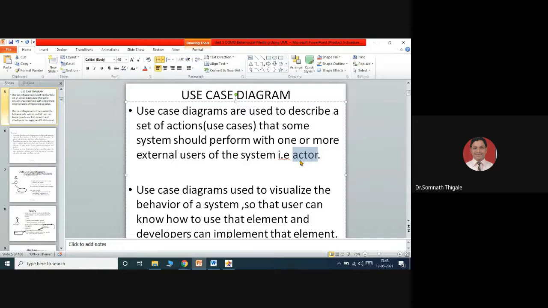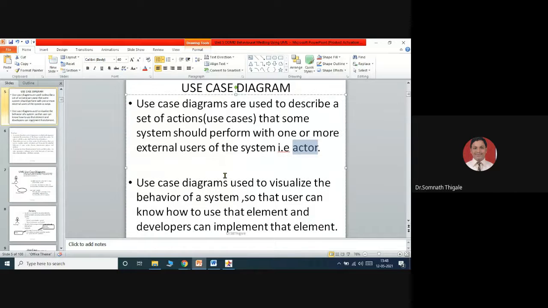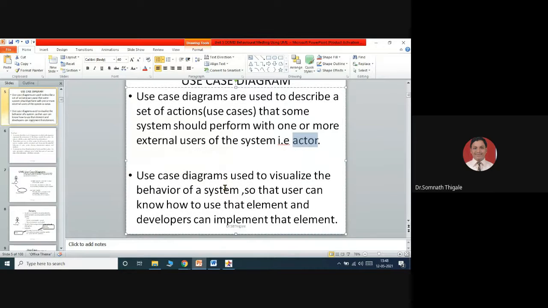So we need these two important parts. Actor interactions with the system are normally represented in use case diagrams. So in detail, I can say that use case diagrams are used to visualize the behavior of the system so that the user can know how to use that element and developers can implement that specific element.